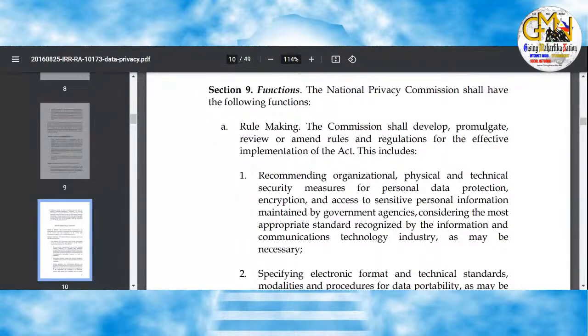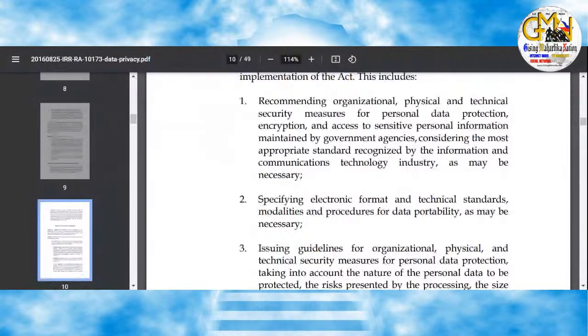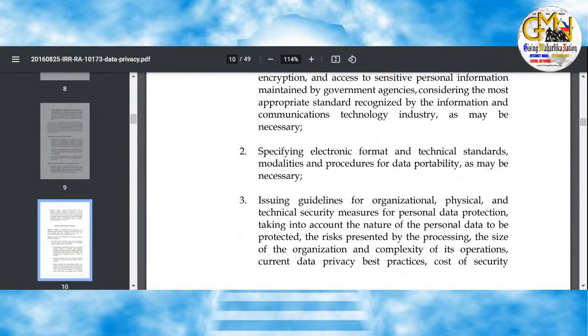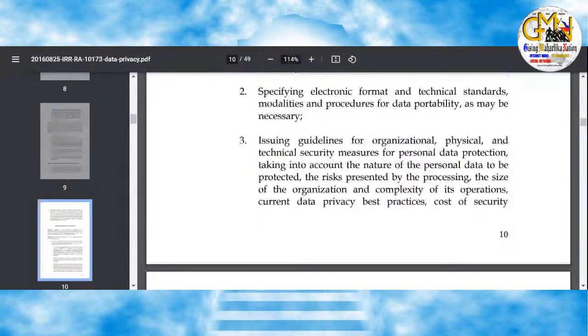A. Rulemaking. The Commission shall develop, promulgate, review, or amend rules and regulations for the effective implementation of the Act. This includes, first, recommending organizational, physical, and technical security measures for personal data protection, encryption, and access to sensitive personal information maintained by government agencies, considering the most appropriate standard recognized by the information and communications technology industry as may be necessary. Second, specifying electronic format and technical standards, modalities, and procedures for data portability as may be necessary. Number three, issuing guidelines for organizational, physical, and technical security measures for personal data protection, taking into account the nature of the personal data to be